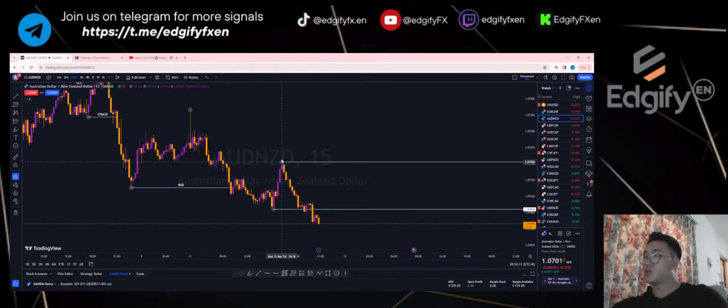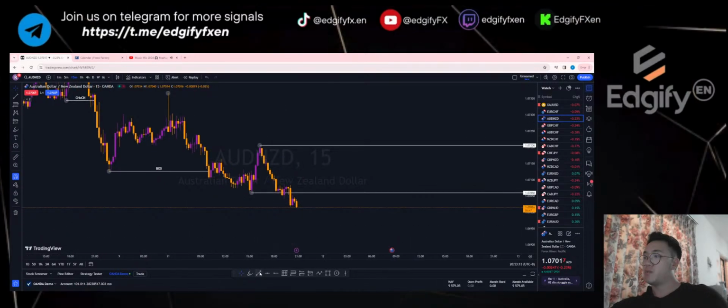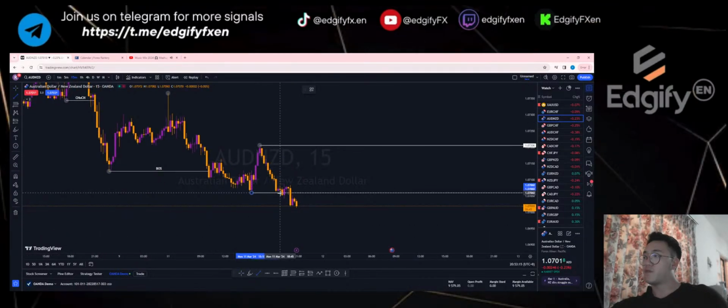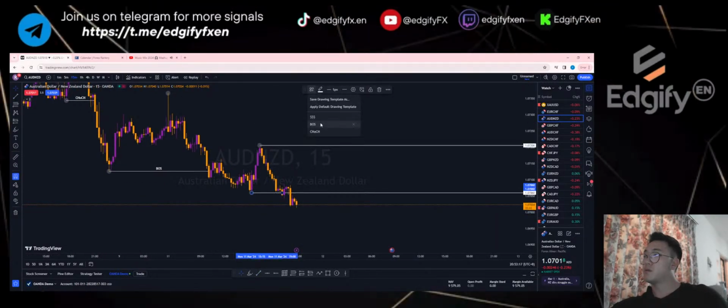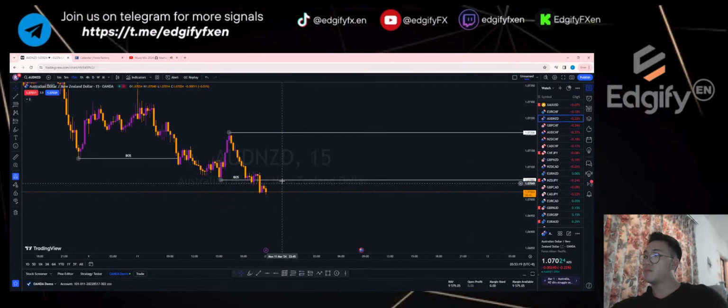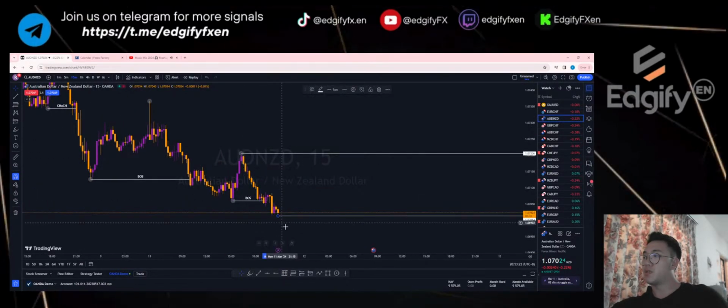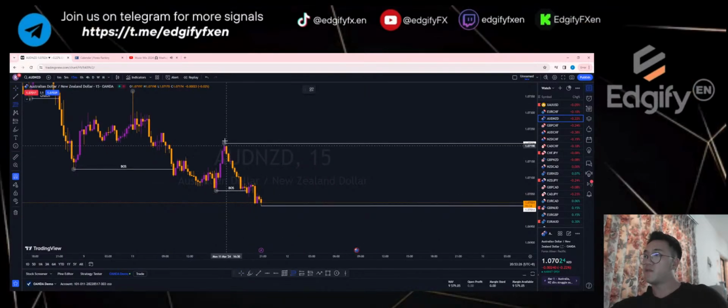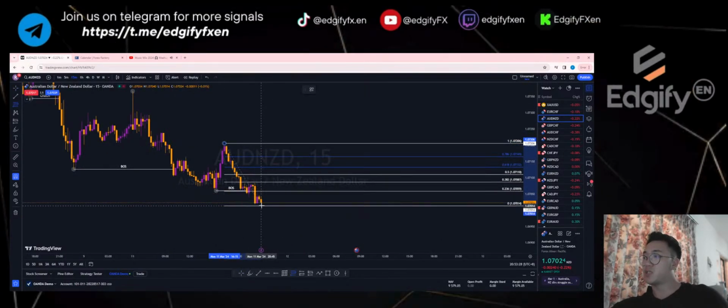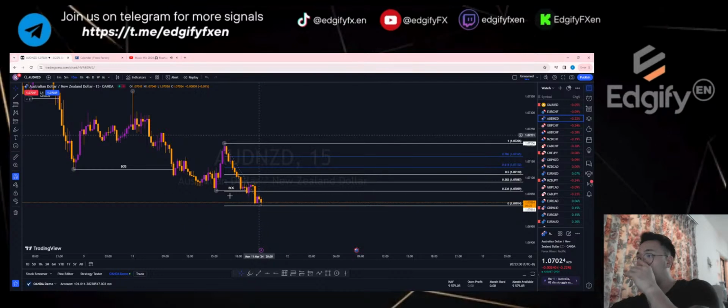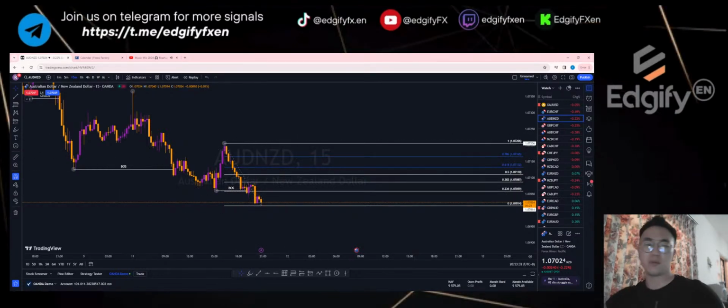Alright, so for AUD exactly on the 15th, we basically will be waiting for some sort of retracement. Right now the price is here, at this level. So we will be waiting for some sort of retracement before we actually take a position, right? So I have right now something like this being drawn out.